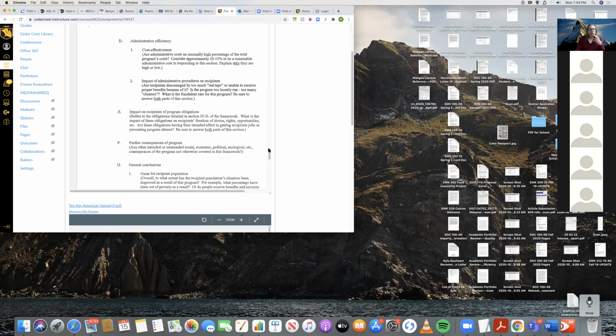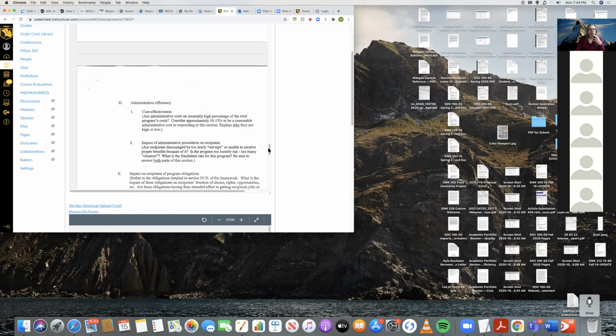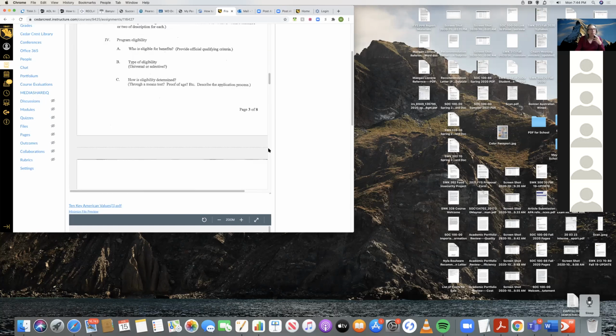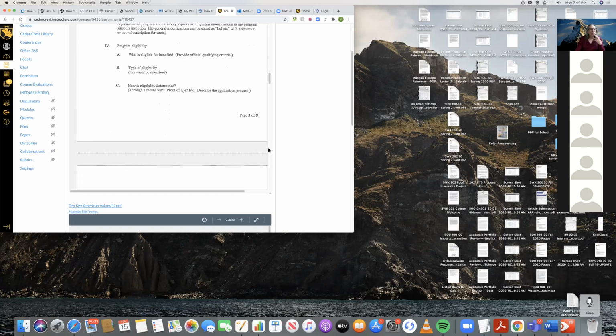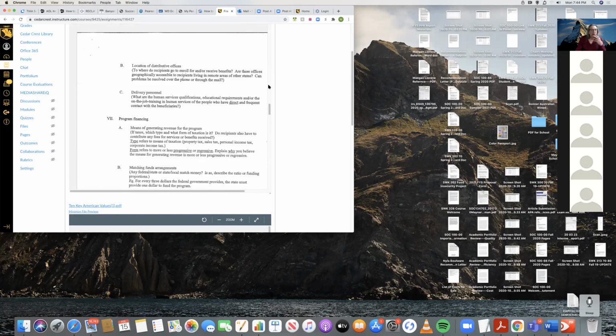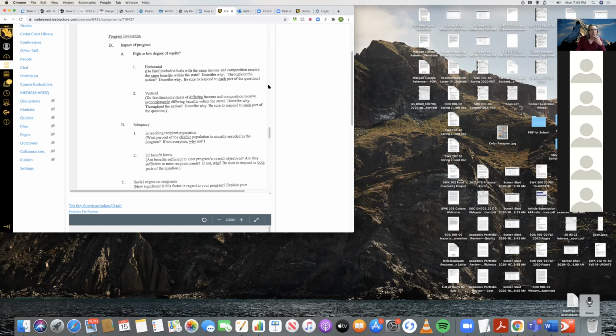Okay, impact on recipients of program obligations. Don't get dizzy, but I'm going to go back to the beginning. This was at the beginning of the program analysis. It was program eligibility, and I asked you, what obligations must recipients meet in order to receive the benefits? My point was that these programs are not unilateral. There's something you've got to do to get it. There is no program you are looking at where there isn't something you have to do as a recipient in order to get the full benefits of the program. So bearing that in mind, what you listed there,